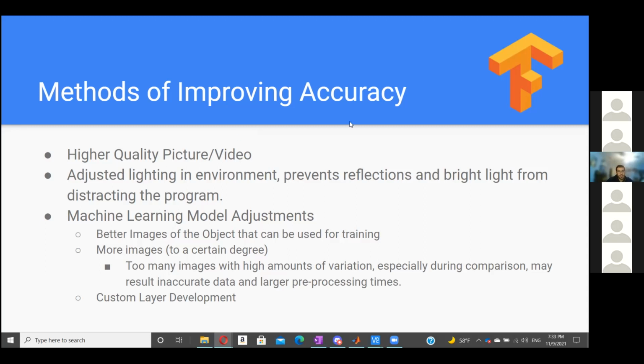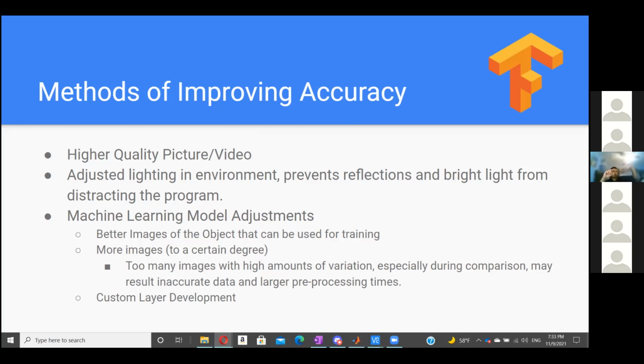However, the other thing that is important if you're going to train a model in the future is that too many images with high amounts of variation, especially during comparison, can result in inaccurate data and larger pre-processing time. I know it's something that probably won't get to anytime soon, but basically, let's say hypothetically you have a petunia and a daffodil, and you're calling them both a daffodil.